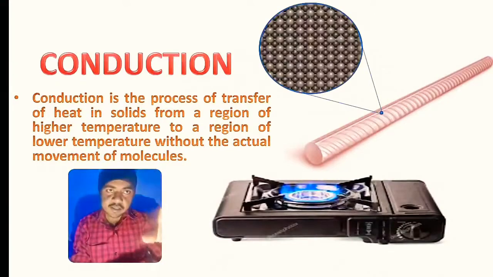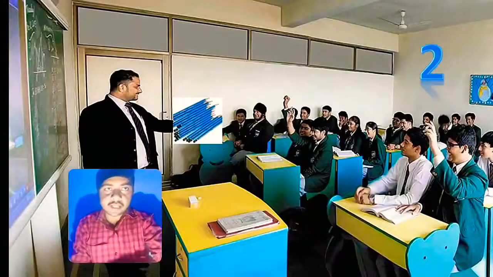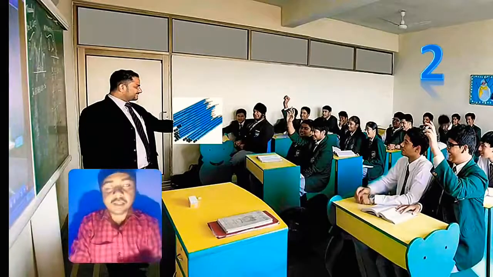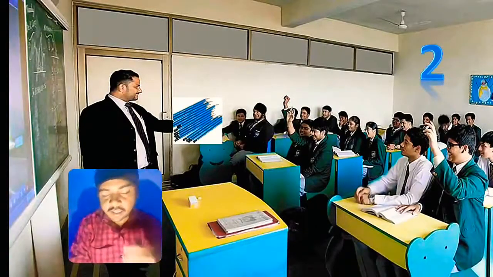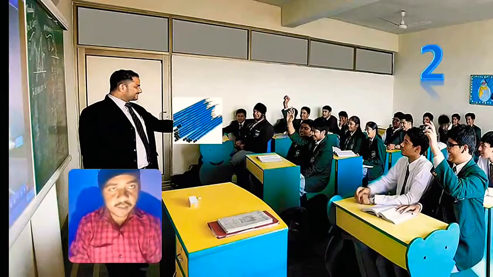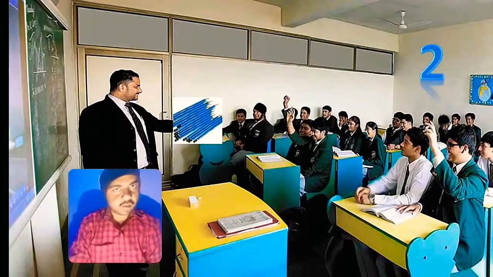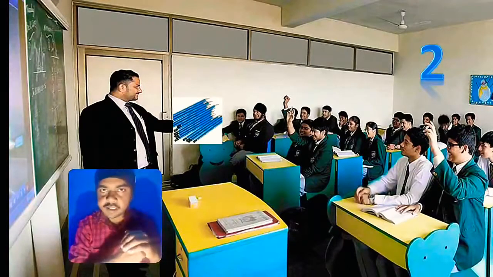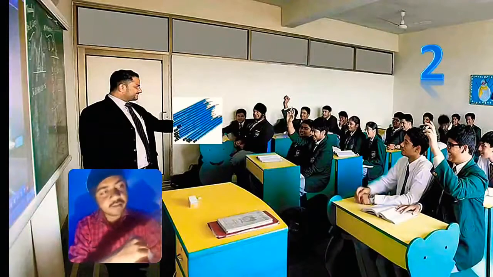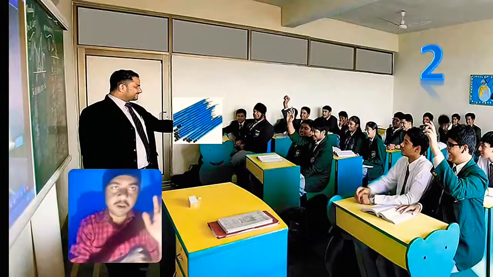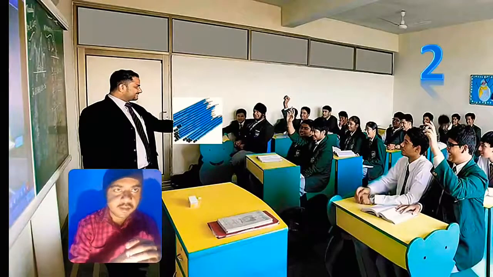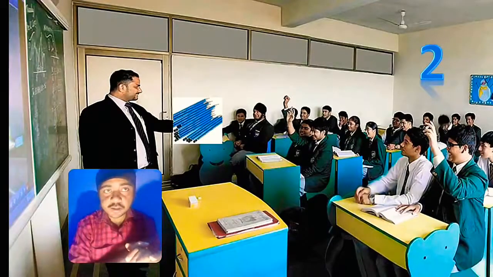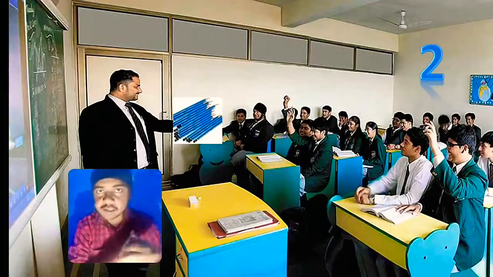This is very similar to our next situation. In this situation, what can the teacher do? The teacher can simply call out all the students, holding all the pencils in his hand. One by one, all the students will get up from their seat and go to the teacher, and he will give a pencil to each of them, and they will then go back to their seats and sit again. This is also a possible way to distribute the pencils. If the distribution is happening this way, it is called convection.